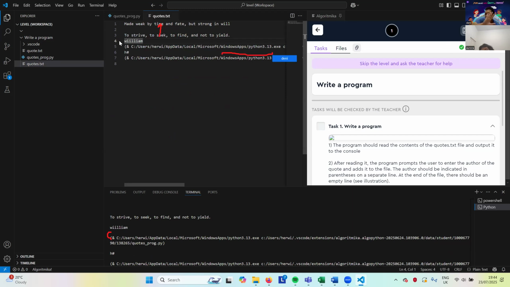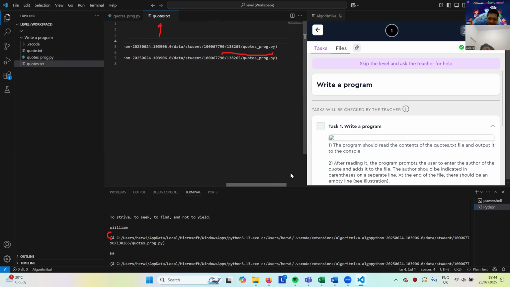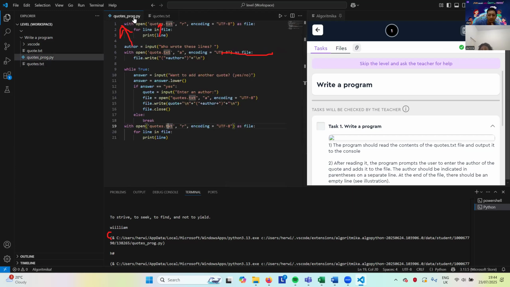Can you go to the right so I can read the error? Okay. Can you go back to your code and I will check it first?